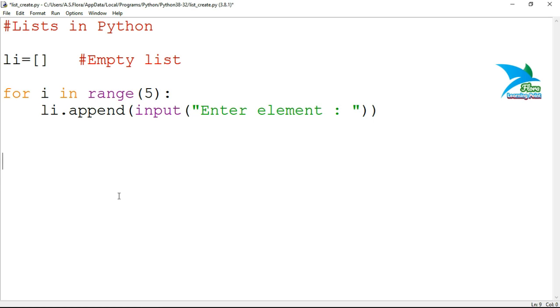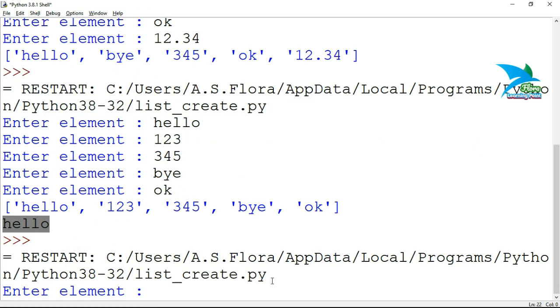If you want to traverse all the elements, we have a way like for i in li. It will automatically fetch all the elements from the list, and every time the element will be stored inside this variable, that is i.